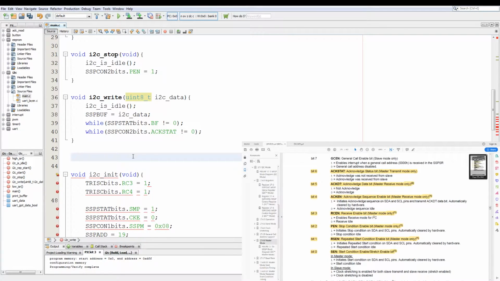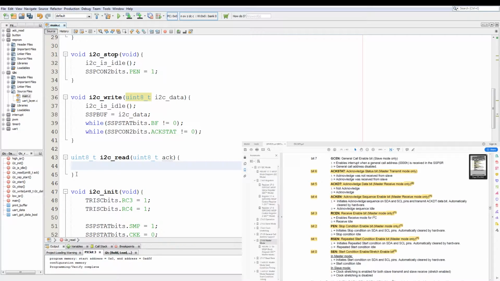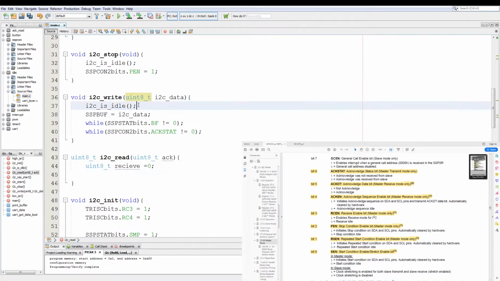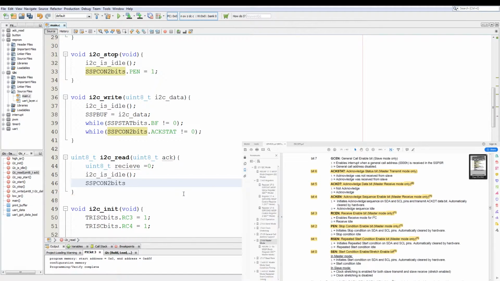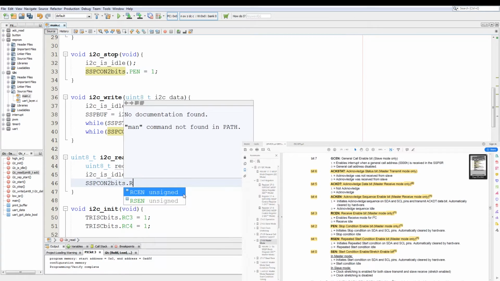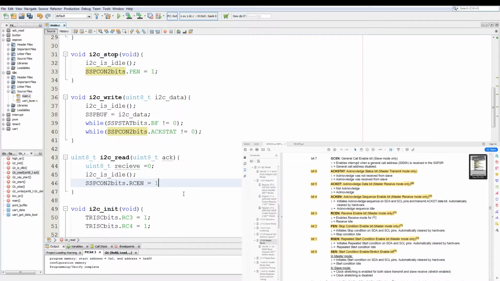Then we have our next function, which is the I2C read, which will be uint8 I2C_read. And we pass it also a uint8 which is acknowledge. Then we declare a variable of uint8 receive equals 0. And again we check if the I2C bus is idle. Then we use SSP2CON2 bits member RCEN equals 1.